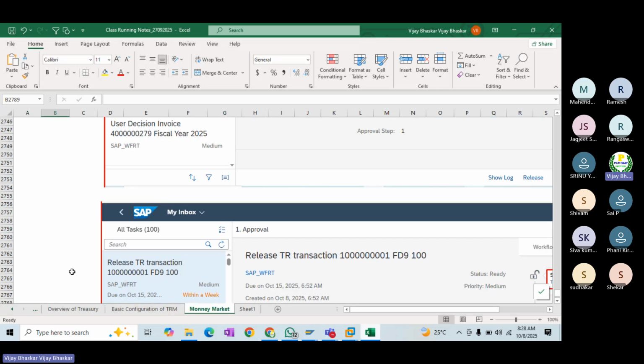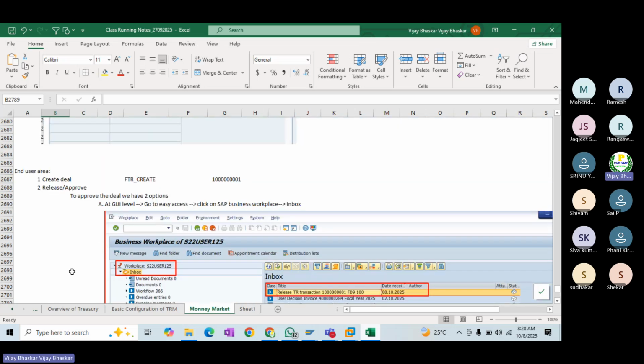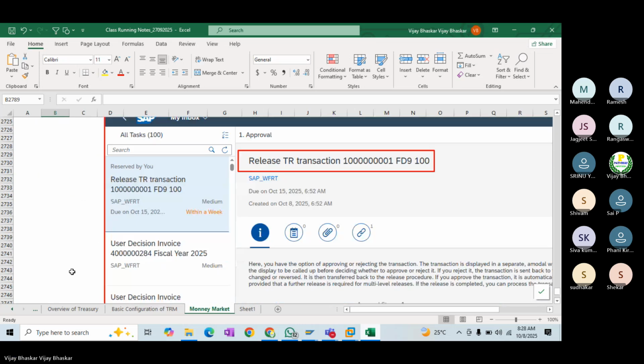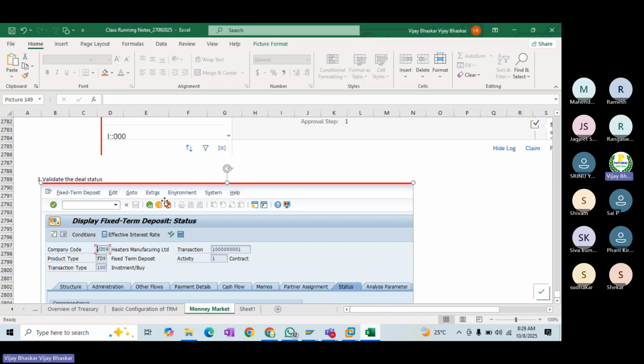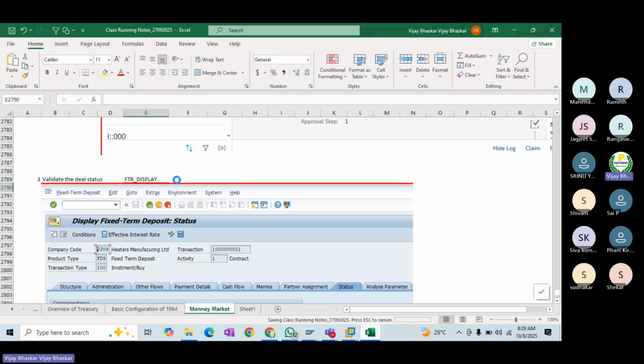Then check the deal. Check the deal status, where you can check at FTR_display level.